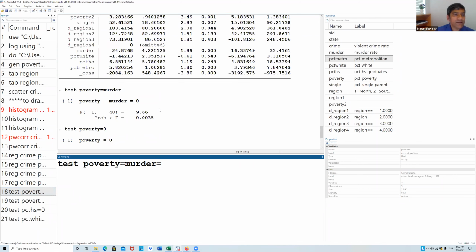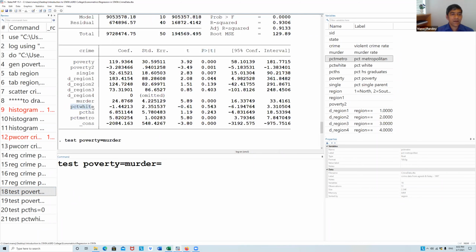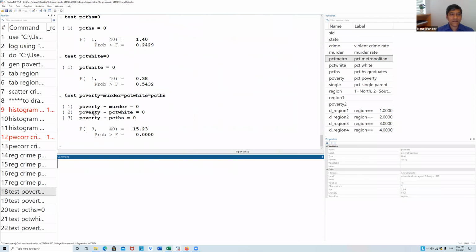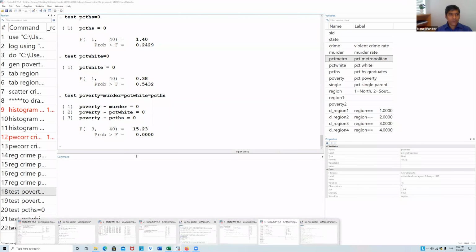And you can have a beta 3 as well, so let's say I put beta 3 equal to beta 4 and so on. And you know that it has an F test. So basically, jointly they are significantly different from 0. Okay, so they're important variables. You cannot just remove them from there. So two things we completed.